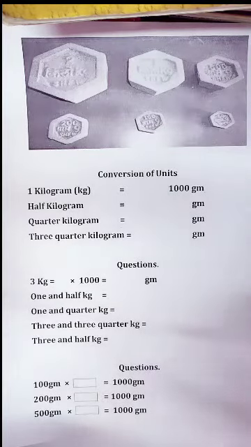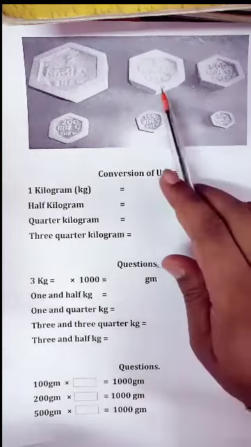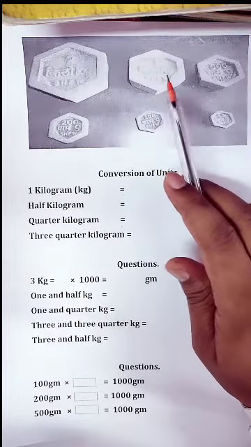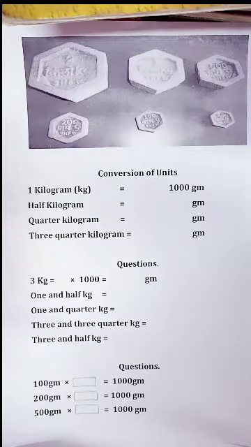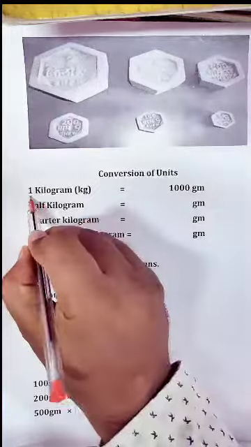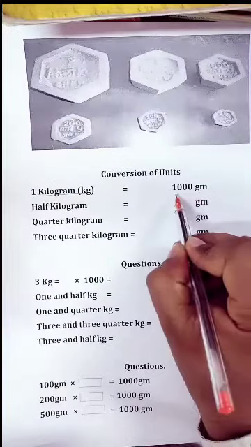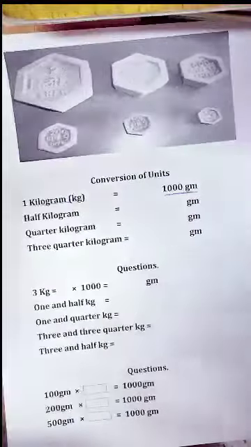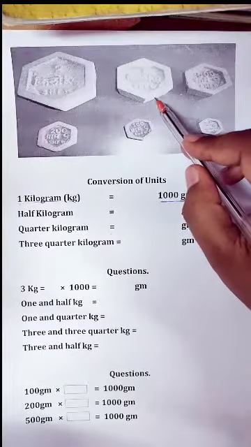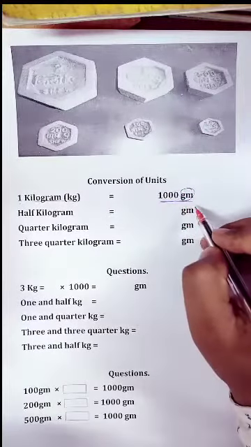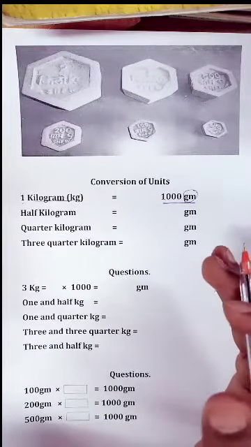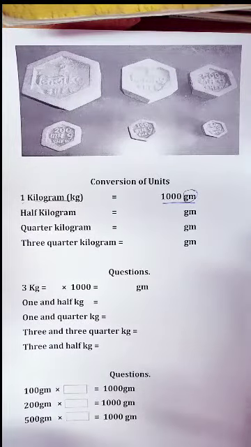So how are these units converted, that is, how can we convert it? For example, 1 kg is given, but how can we convert 1 kg into grams? So let's see. First of all, as you can see, 1 kg is equal to 1000 gram. It means if you are taking a 1 kg weight, it is equal to 1000 gram. मतलब 1 kg का weight 1000 gram के equal होता है.